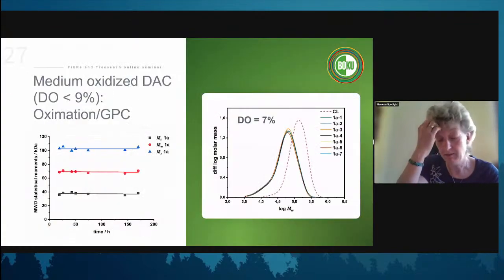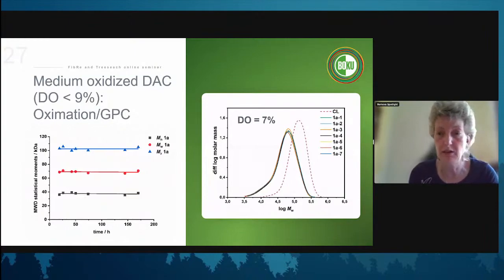And here the studies were that we checked a lot. Is it stable? Is it stable during oxidation? Are there any other degradation reactions? The oxidation GPC approach works nicely for, I would say, these intermediate degrees of oxidation. We have here a 7%. There is no way we can measure that in dimethylacetamide lithium chloride directly, but we see that we get stable data for the oxidation. We also see there is a degradation. So now we really have a degradation.